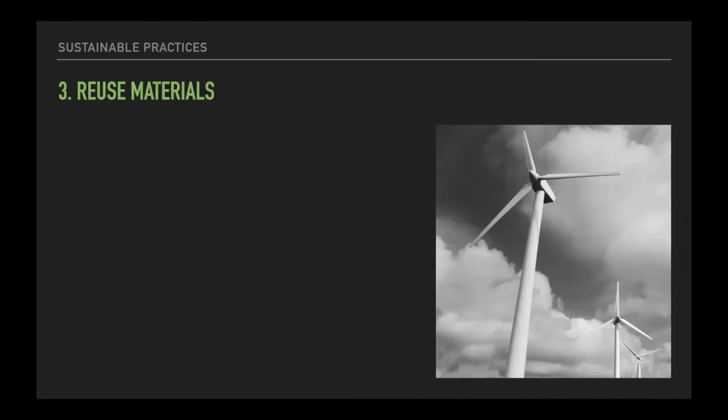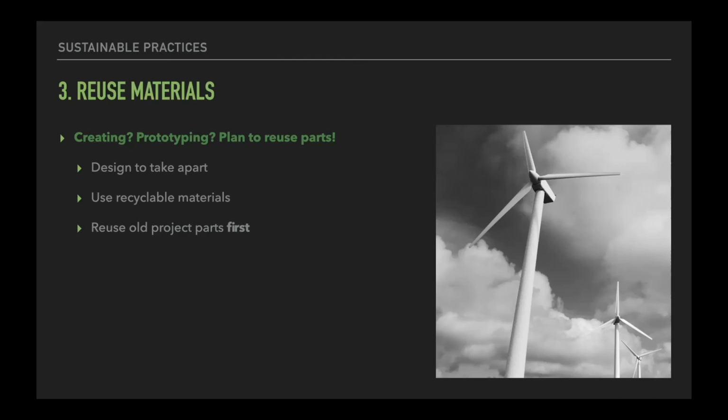3, reuse. We're kind of getting into familiar territory here. So reduce first and then reuse materials as much as you possibly can. When you're creating and when you're prototyping, plan to reuse parts. So make a prototype that can be easily disassembled and easily have parts that can be used again. So using breadboards, for example, over making lots and lots of different soldered boards to start. Use recyclable materials, using cardboard, paper mock-ups before you use the more hard to process and recycle materials like PLA, which is used in 3D printing, right?